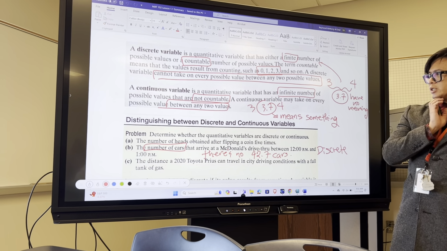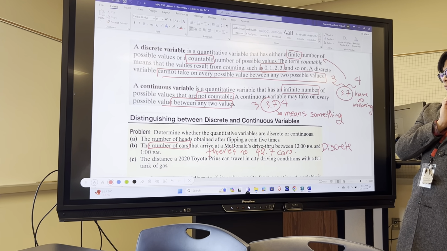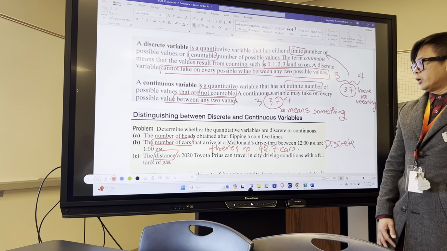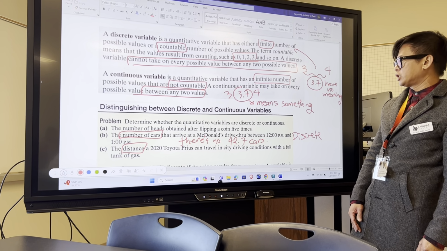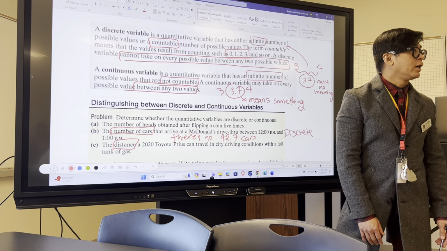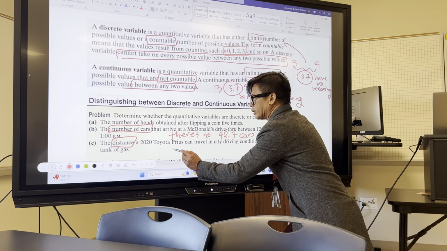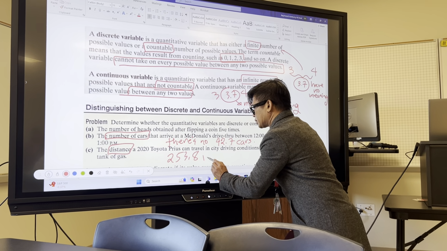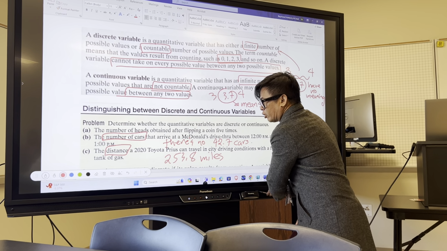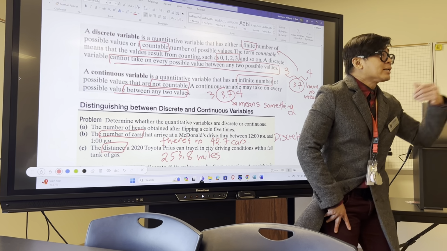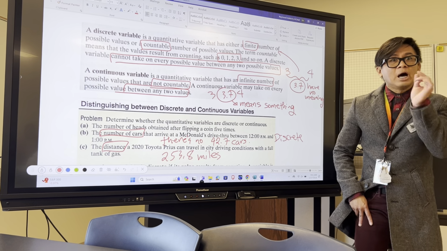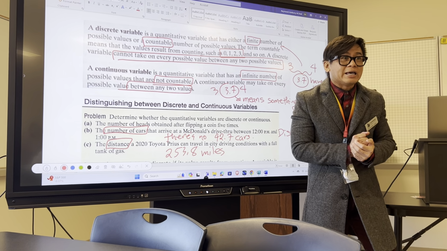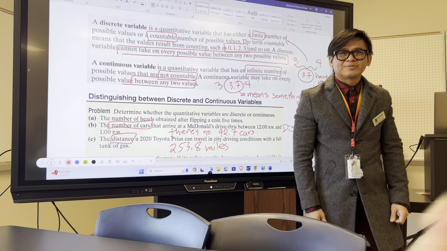Which among these is continuous? A or C? C. C, the distance, right, that a 2020 Toyota Prius can travel in city driving conditions with a full tank of gas, right? Good. So let's say it traveled like, say, 253.8 miles. Is it possible for it to drive 253.8 miles? Yes, right? Good. So if numbers between integers do mean something in terms of mileage, then yes, it is continuous. Be good? Right, thank you. Any questions regarding